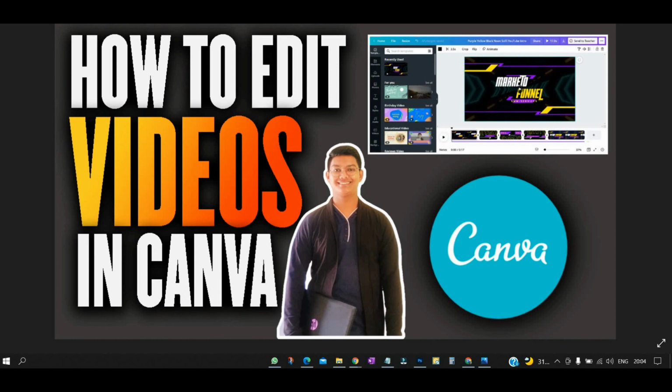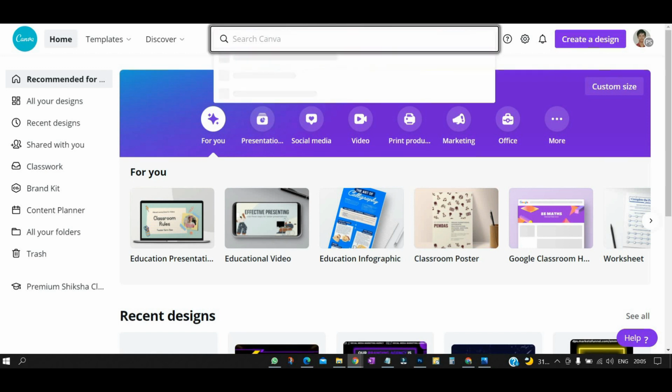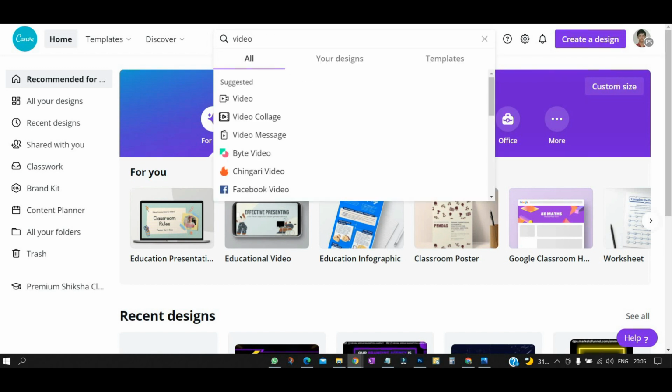Let's get started. I will guide you through the process so you don't miss anything, creating a video from scratch to completion using Canva. So let's begin by discussing the video selection. This is the Canva dashboard as you can see here, and in the search option you have to just type here video, and you can see the recommendations that you get here.